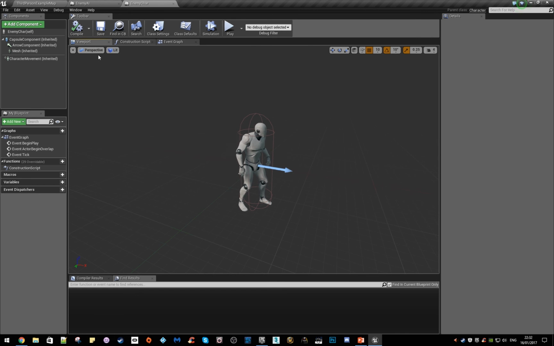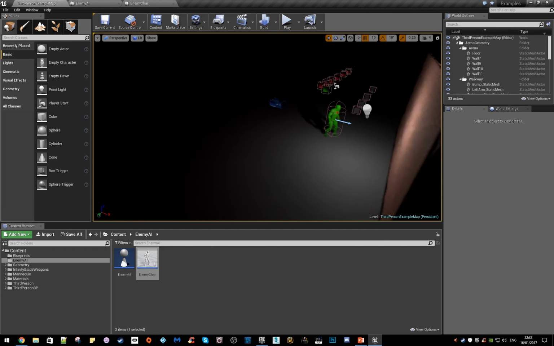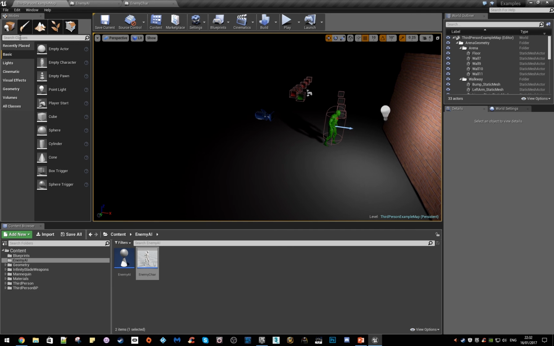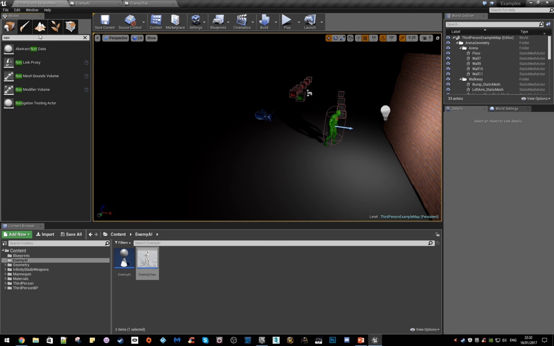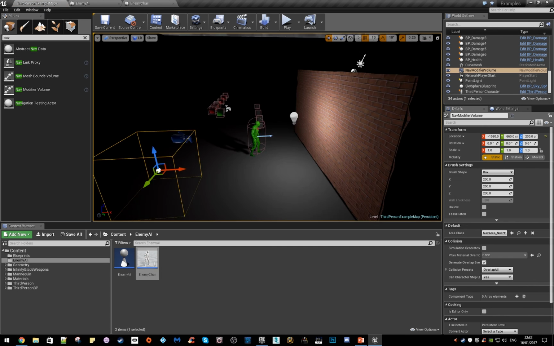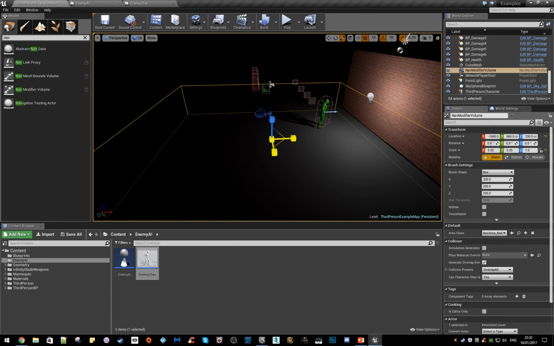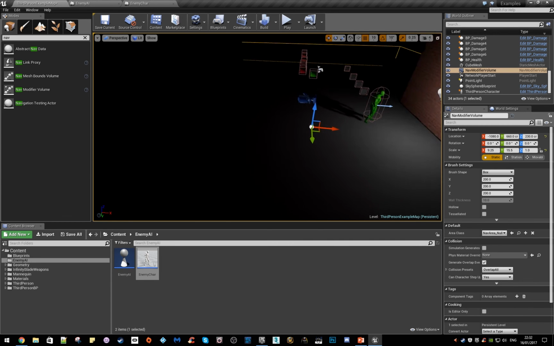That's all fine there. So the last thing we need to do is go to our actual map. It's a little bit dark on this one, but you'll see. If I type the word nav in the top left hand corner and get a nav modifier, drag this on. I'm just going to stretch this out to be sort of the size of our level, a bit bigger that way and that way. And if you press P on your keyboard, what you should see, once it loads in,